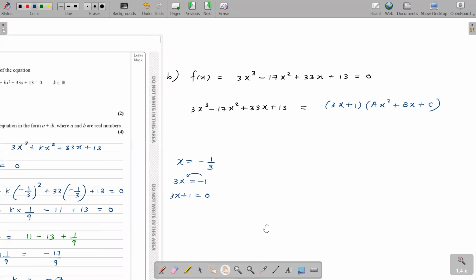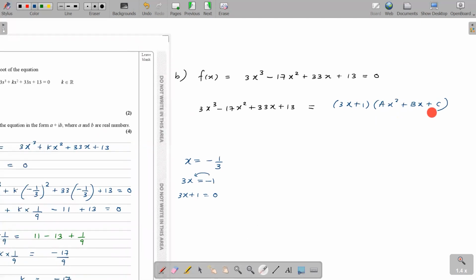Okay, so now there are two ways to get this quadratic term. What are the two ways? One way is that you could take your f(x) and divide by 3x plus 1, do long division. Do long division, and you can immediately get the quadratic factor from the quotient of your long division. Okay, or else,